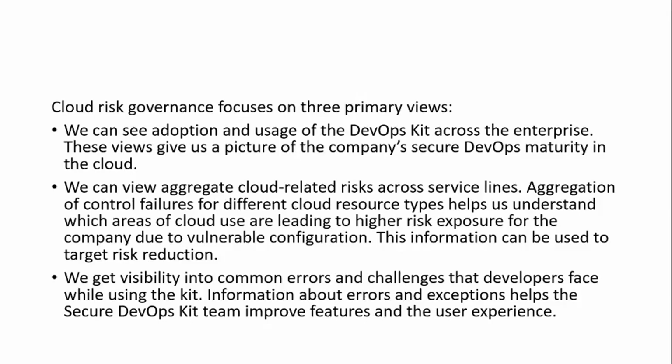Cloud risk governance focuses on three primary views. We can see adoption and usage of the DevOps Kit across the enterprise. This view gives us a picture of the company's secure DevOps maturity in the cloud. We can view aggregate cloud-related risks across service lines,